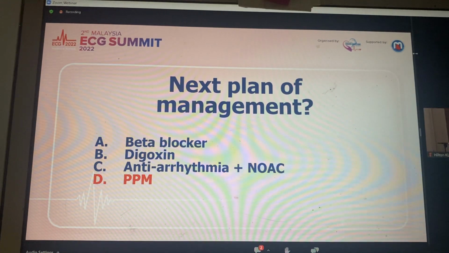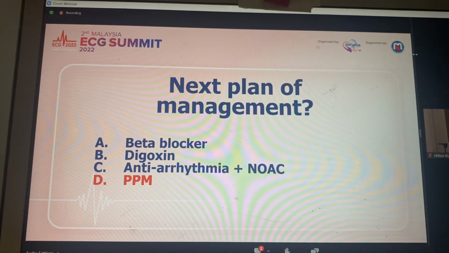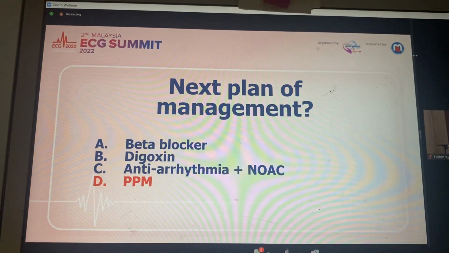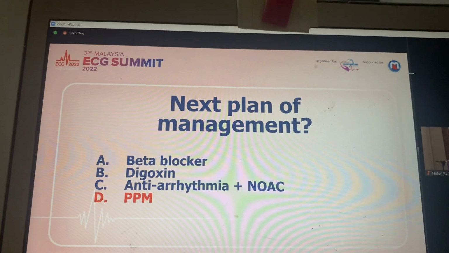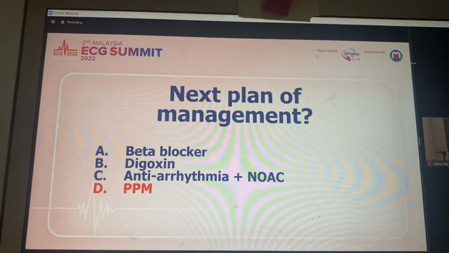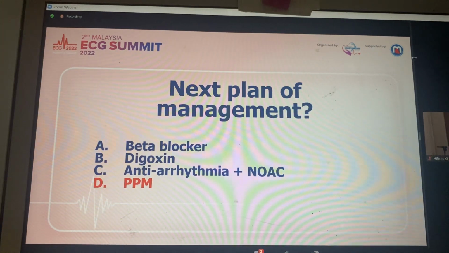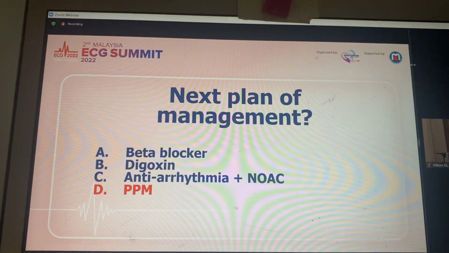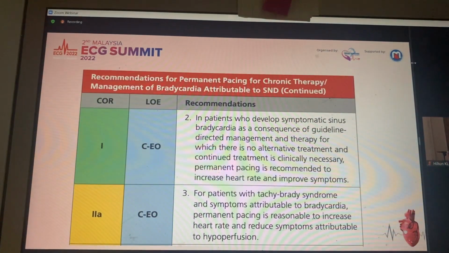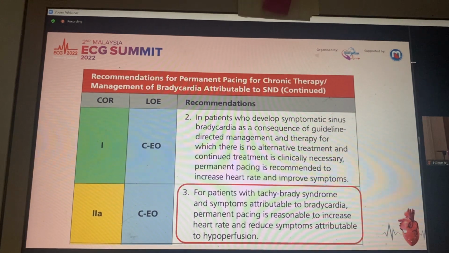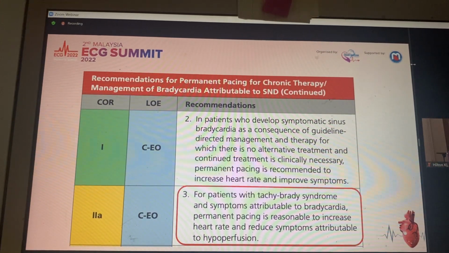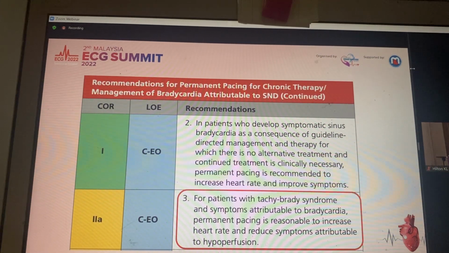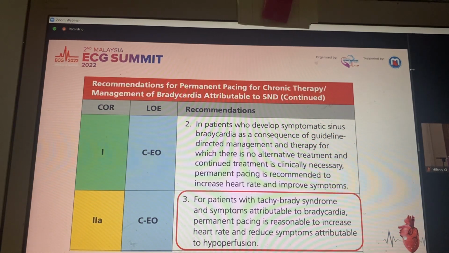Okay. So in this kind of patient, it's very important, like I said before, to look at the symptom. The symptom is very typical, dizziness, and the symptom is attributed to the bradycardia. We can see the sinus pause, and during the sinus pause, the patient complains of dizziness. So a permanent pacemaker in this tachy-brady syndrome is warranted. This is the recommendation for a patient with tachy-brady syndrome where the symptom is attributed to the bradycardia. Permanent pacing is reasonable, a class 2A recommendation, basically to increase the heart rate and reduce the symptoms attributed to